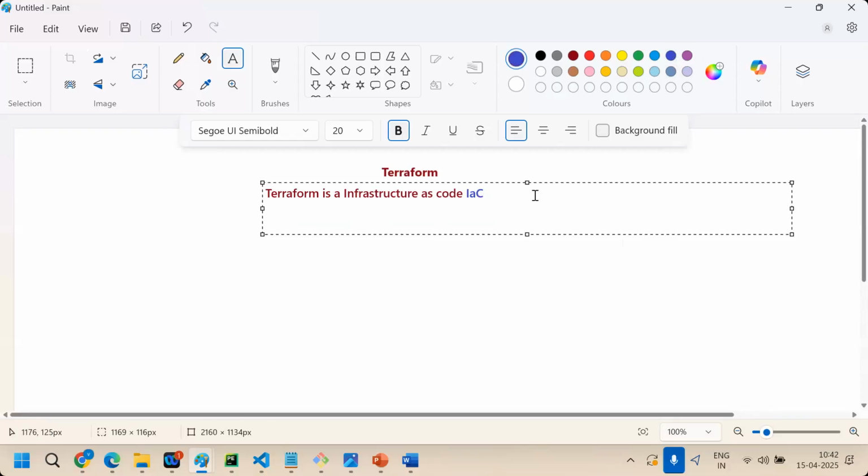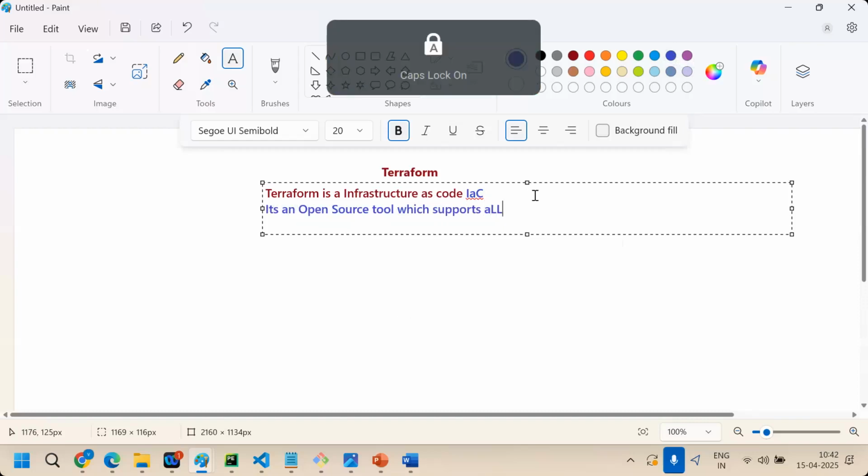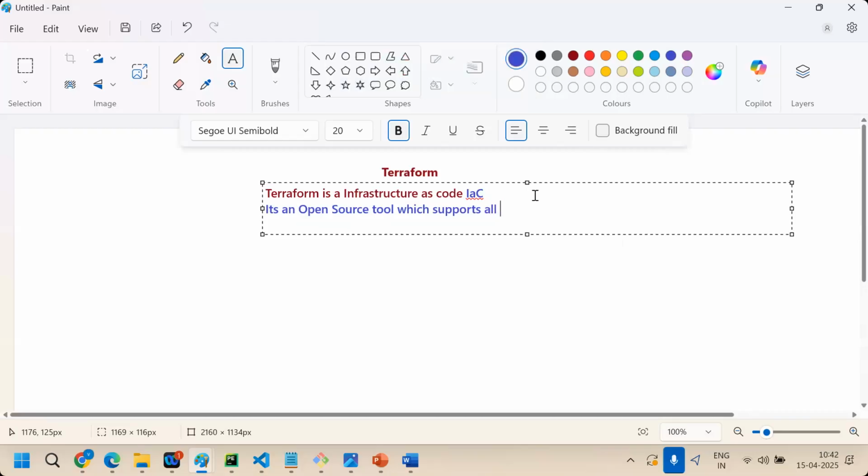Okay, so it's an open source tool which supports all major clouds: AWS, Azure, and GCP.